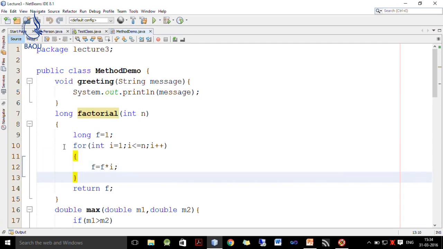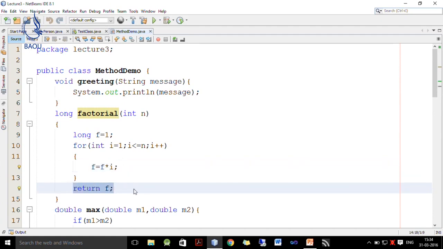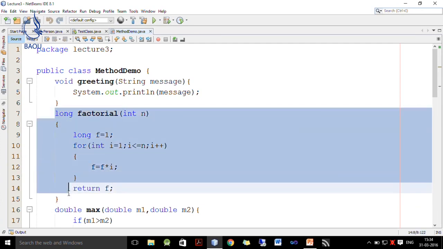So, I repeat this loop from 1 to n, and inside this I write f is equal to f into i. So, initially f is 1. First it is multiplied by 1, then 2, then 3, then 4 and up to n, and whatever value we get inside f is the factorial of n and it is returned to the calling function. So, this is how this long factorial works.